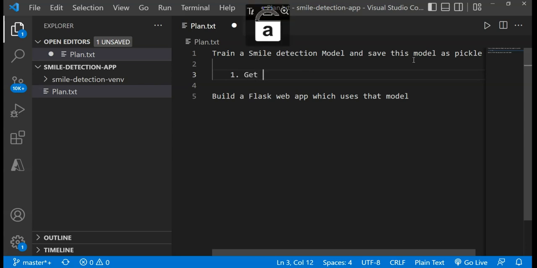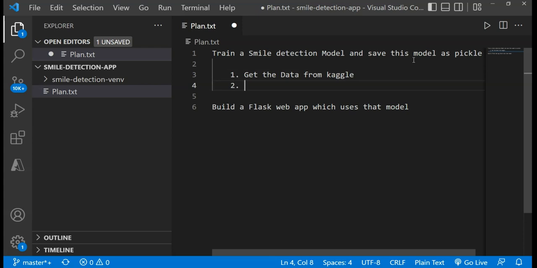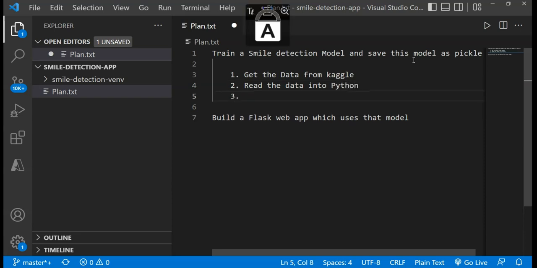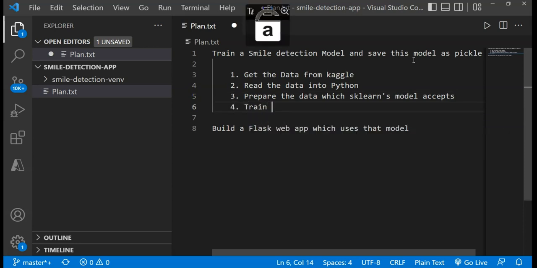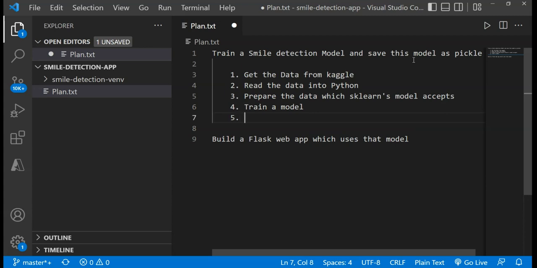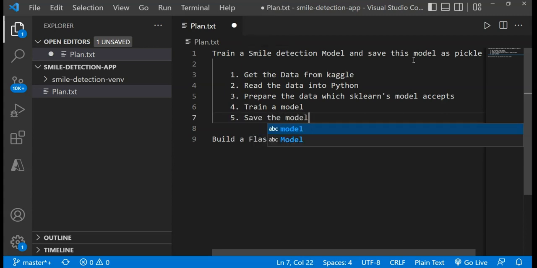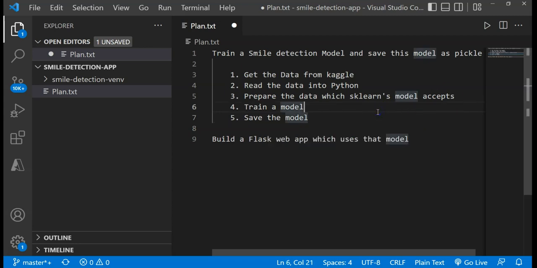Okay, so first thing is get the data. Obviously, get the data from Kaggle. Once we have the data, we need to read the data into Python. Okay, we need to prepare the data in a form which sklearn's model accepts. Okay, finally train a model, and fifth save the model. So these are the sequence of steps that we need to complete, and this will serve as a guide which we can reference again and again to see where we are in our app during this entire